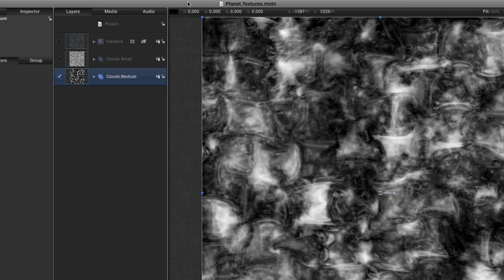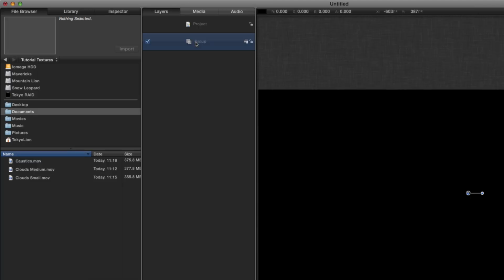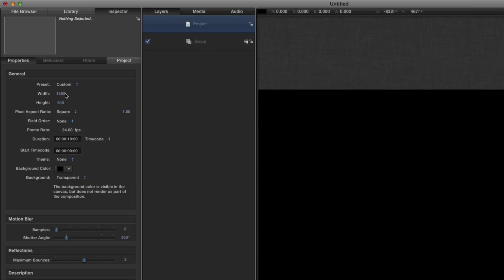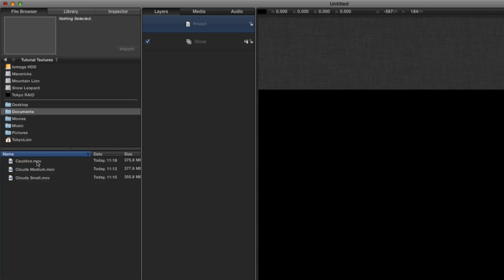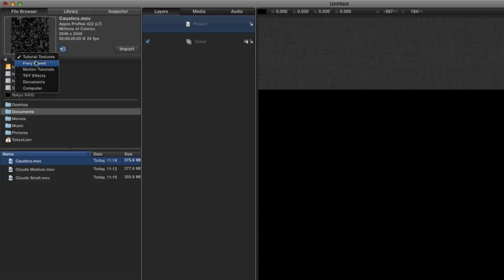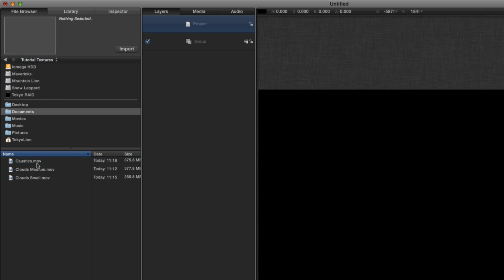So let's move on. Okay, so I'm in a new project which I've made 1280 by 640 just to give it a little bit more of a cinematic look. It's 24 frames a second and the duration is 10 seconds. So I'm going to come to the file browser and the folder Tutorial Textures where I rendered out those textures. We're going to import those